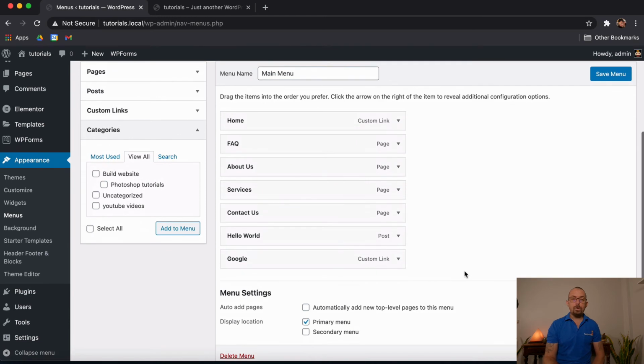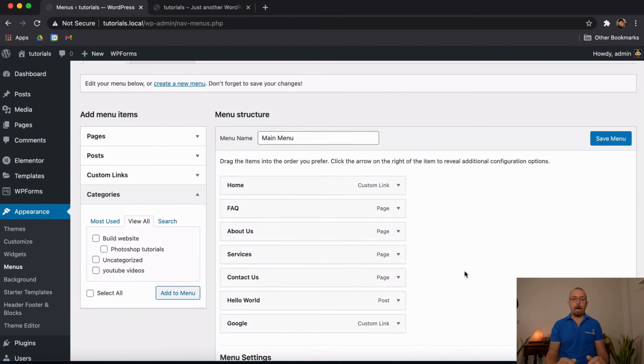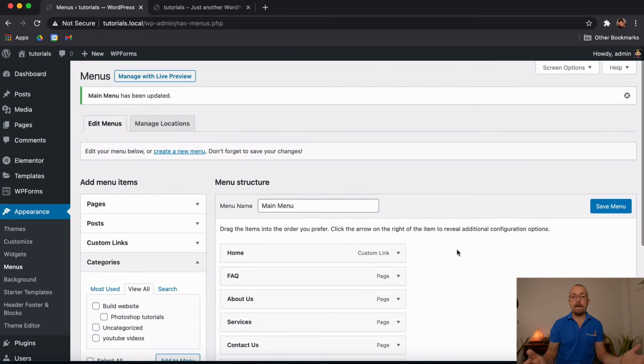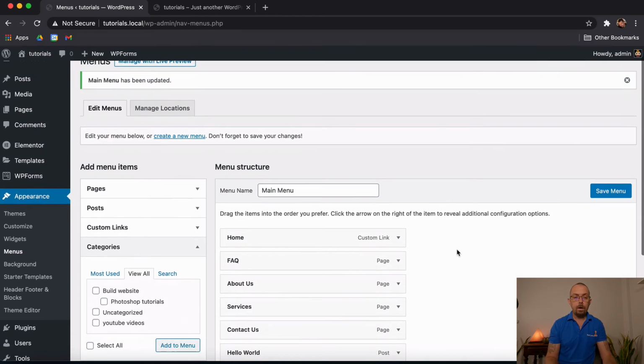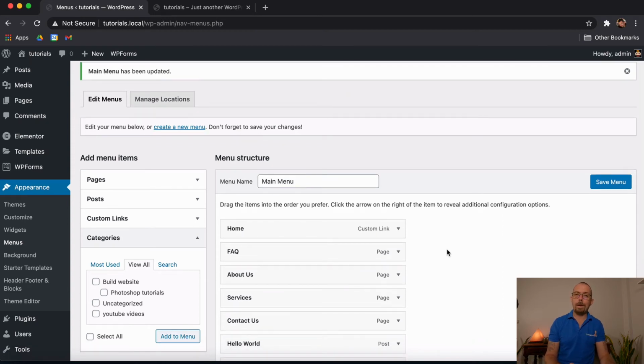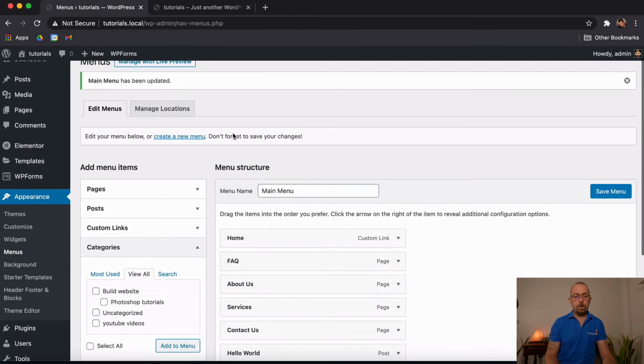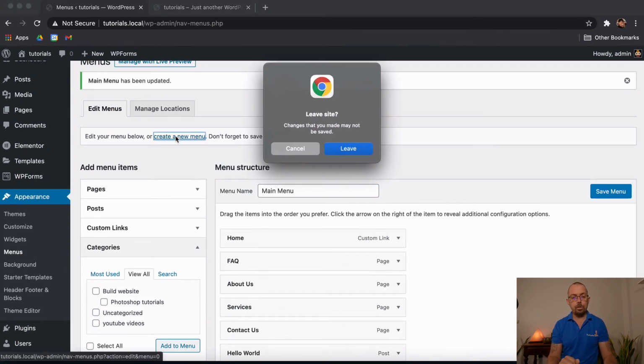So we can also work with other menus. At present, I have Main Menu, this being my main menu. It can be called whatever you want. But let's say I wanted another menu. The reason you would do this is, for example, you wanted a specific menu on mobile device, or there are certain parts of your website where you want to display a different menu than the main menu. So you can come up here at the top and you can choose Create.